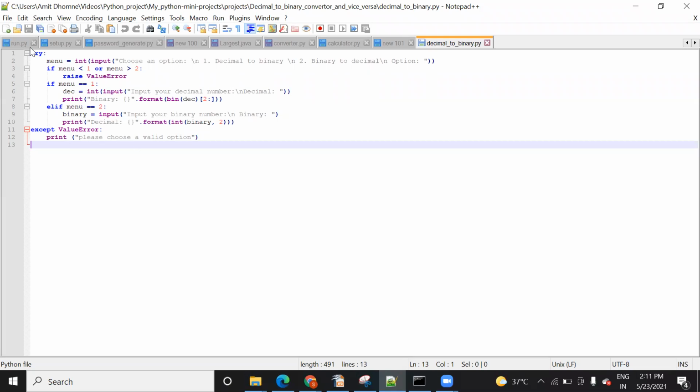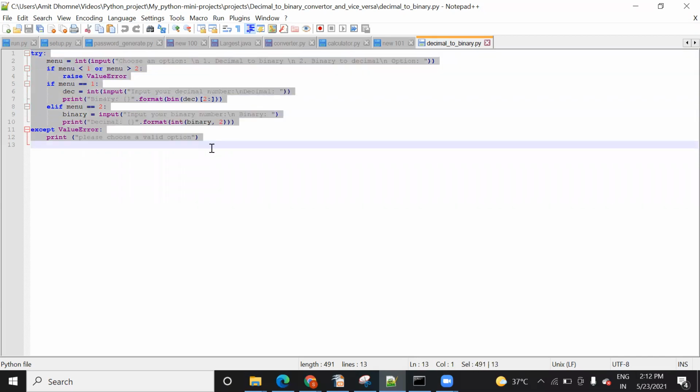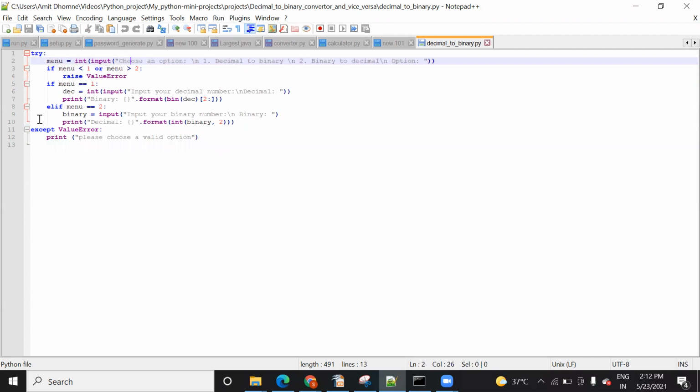The reason we add a try and except block is so that your program won't be interrupted in between. Your program will run successfully. However, it depends on the error; your program may not generate output, but it will execute successfully. It won't be interrupted in between. That's the reason we use the try and except block.